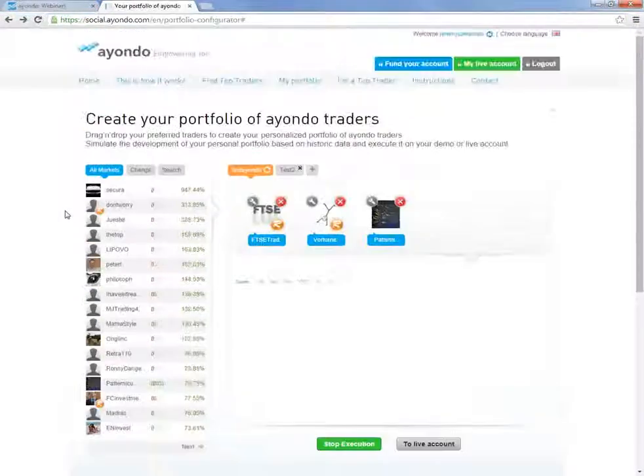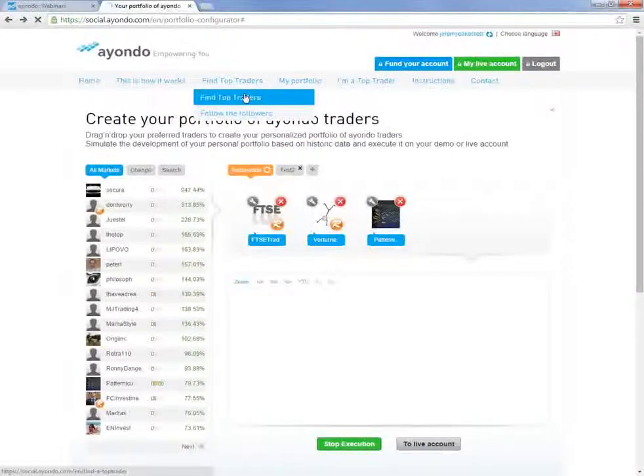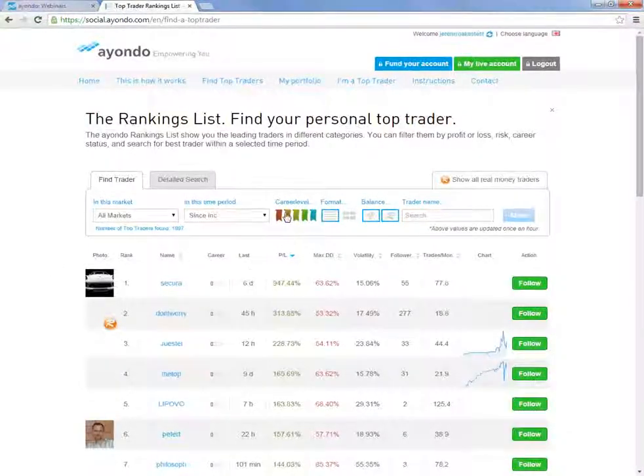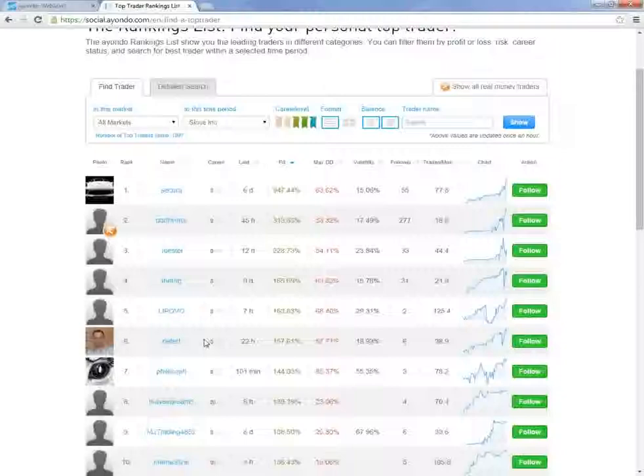So other important things to look for when searching for traders is obviously the career levels. By looking at the different trades they've done in the markets that they've traded, you can narrow down a portfolio into looking at traders with a different asset class. So we looked at the one earlier that had traded on UK 100 only. So by going down into the actual individual trader,